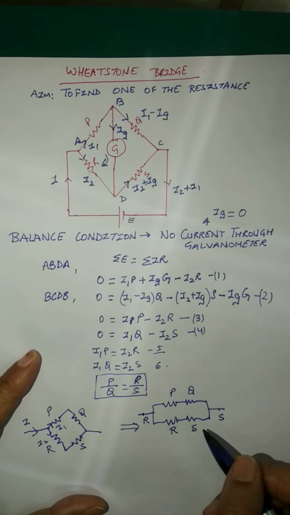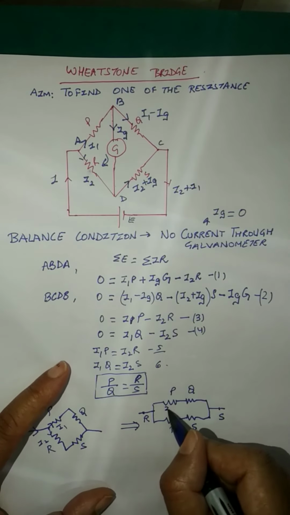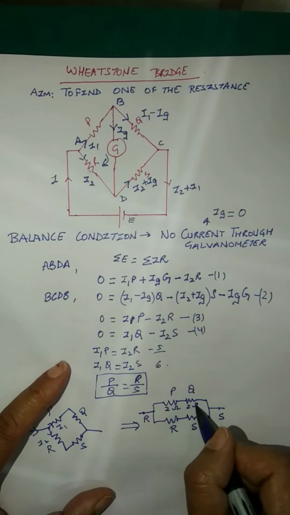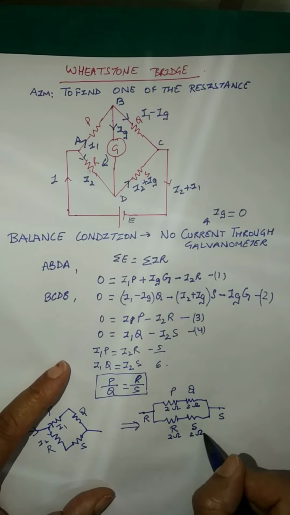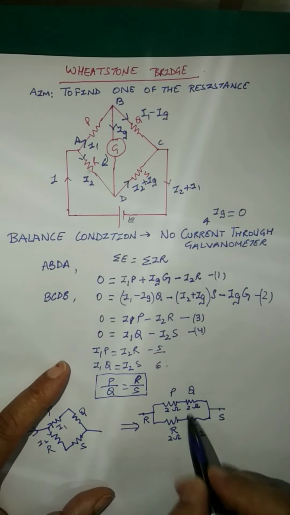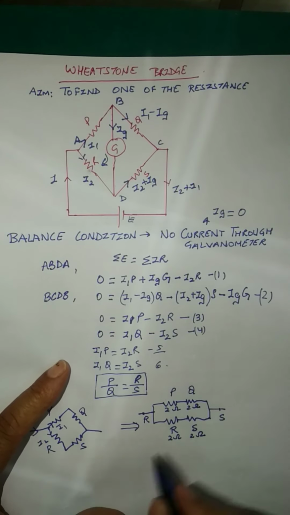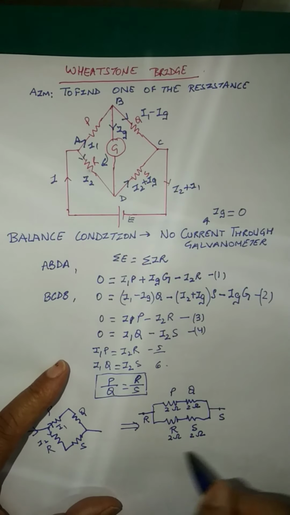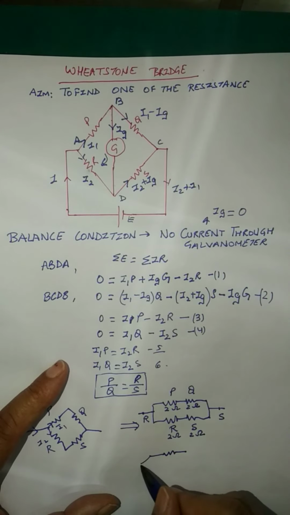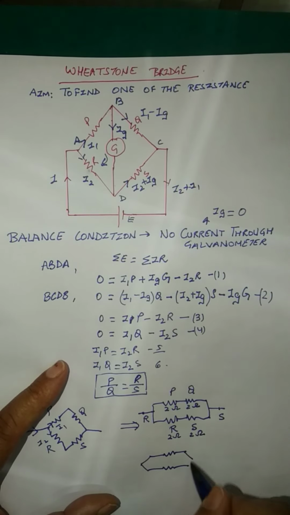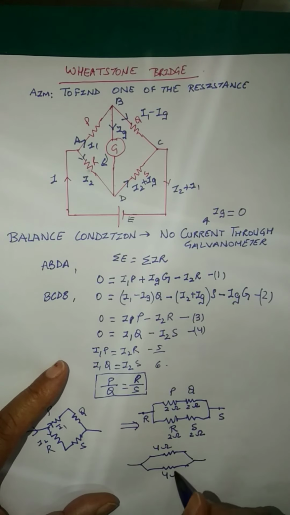Say for example, if you have to find the resistance, if it comes in the numerical, say for example, if this is my 2 ohm and this is my 2 ohm, and R is also 2 ohm and S is also 2 ohm. So what you will get, 2 and 2 is 4, and 2 and 2 is 4. That means the two 4 ohm resistances are in parallel. So you know that when the two resistances are in parallel, your circuit will reduce to something like this. That is, this is 4 ohm and this is 4 ohm.